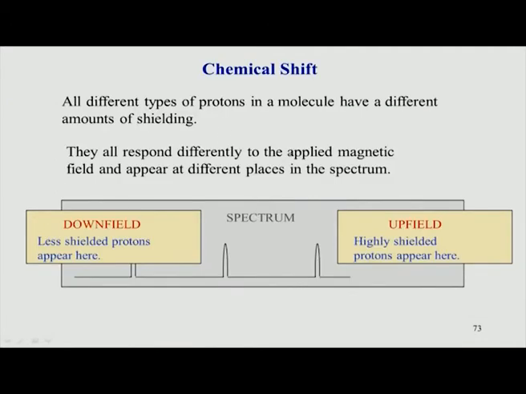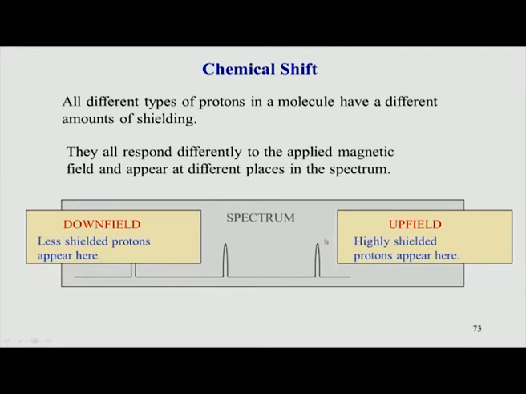So, we will continue with the chemical shift now and just have a look at how the chemical shift is determined by various factors. What is important to know here is that when we look at a spectrum in NMR, we use the words downfield and upfield. This is some terminology which we are introducing now, and we should keep it in mind as we go further. What does upfield and downfield mean? This is a relative way of looking at the peaks.